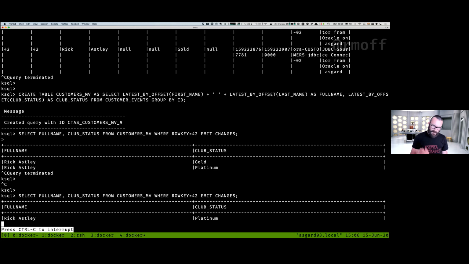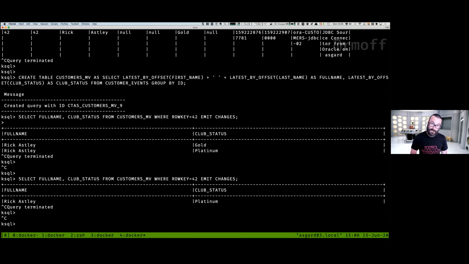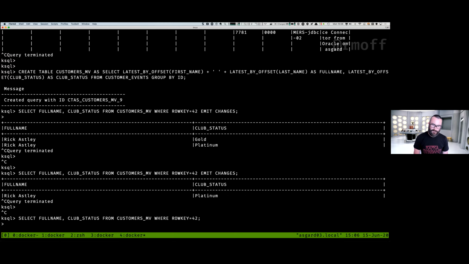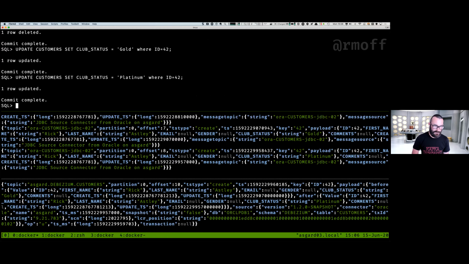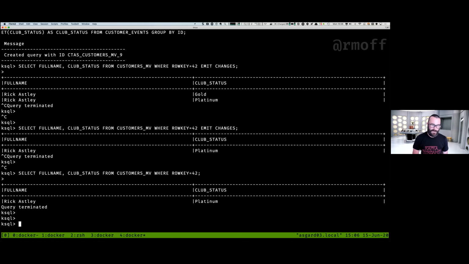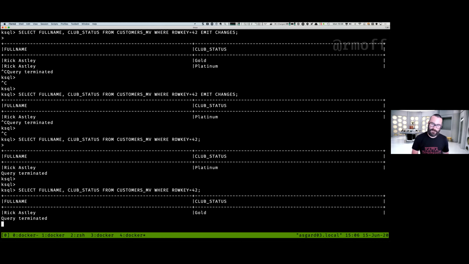But you don't always want to subscribe to that stream of changes. You sometimes want to do this key value lookup, and that's what you can do using these materialized views within ksqlDB. So I say select star from here without emit changes. Just show me the value for this key. It says, here is the value for that key. Now we go back to Oracle and change it back to gold again. And we go back to ksqlDB. We don't know that it's changed to gold. We've simply done that point in time lookup against that state. Then we run our query again. What's the current status now? Our current status is gold.